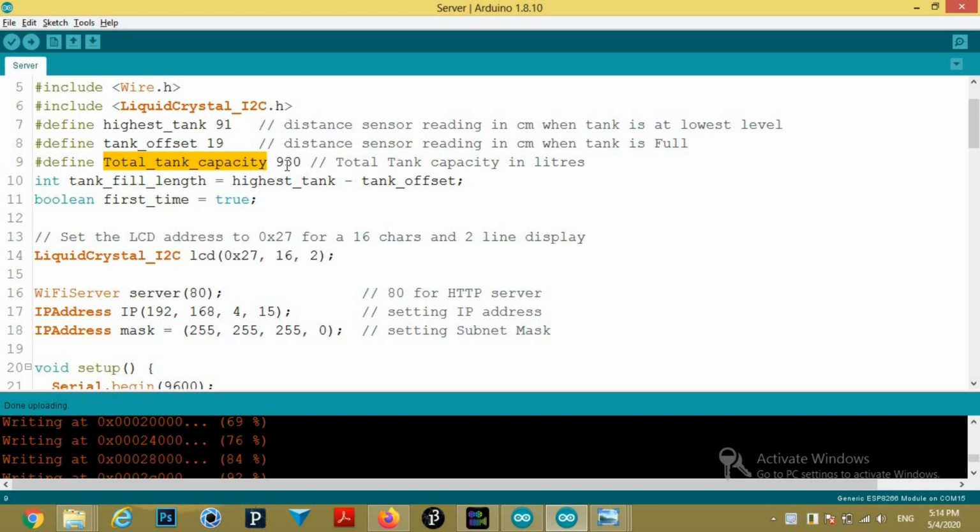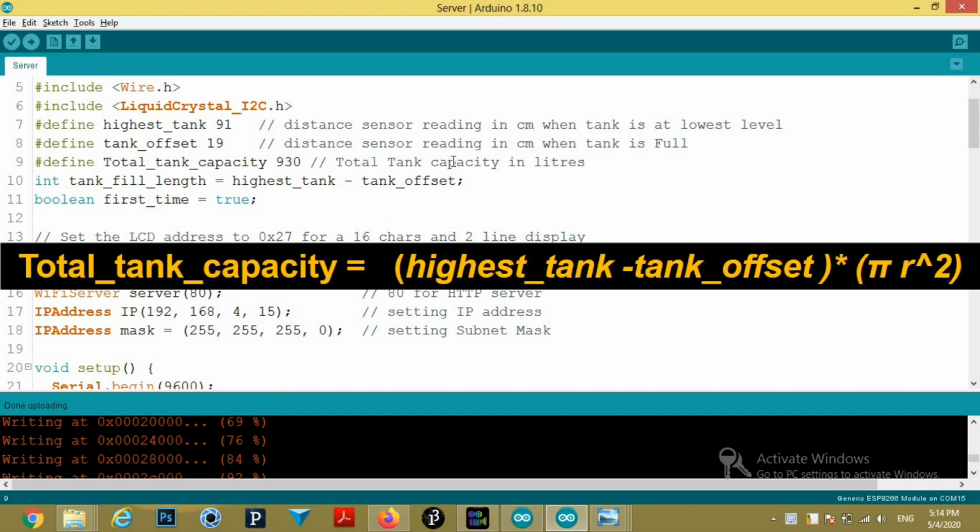Then next is total tank capacity. Total tank capacity is the amount of water that is usable, that can be calculated from this formula.